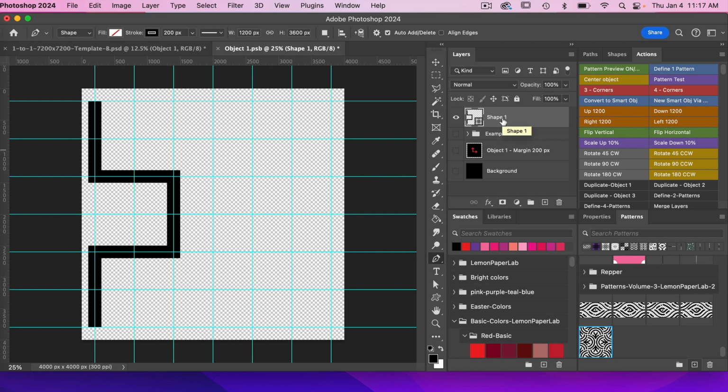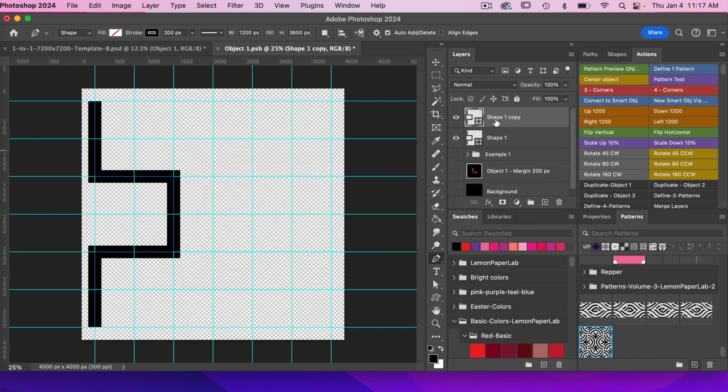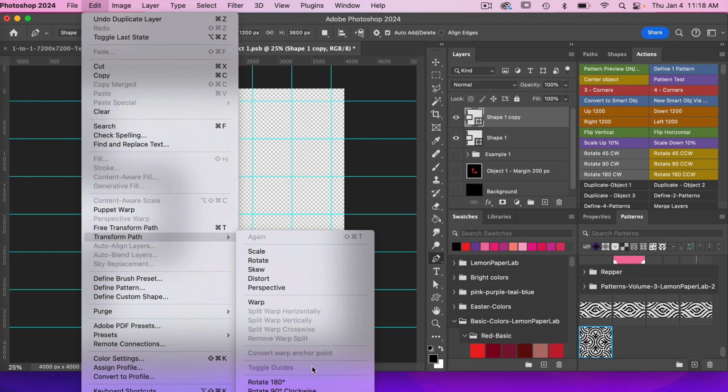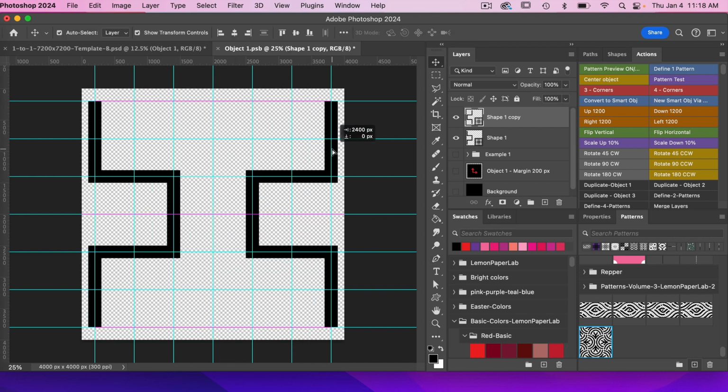So I'm just going to go ahead and duplicate this layer, right click, duplicate layer, we'll click on OK, and then let's go ahead and flip it. So we want to flip it, so we're going to go to Edit, Transform Path, scroll all the way down to where it says flip horizontal. And then we'll just access our move tool here, and then we will drag it to the side, and I'm going to align it to these guidelines here. So this is the basic pattern shape,